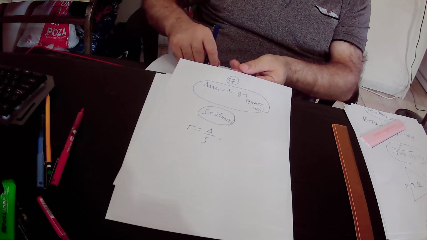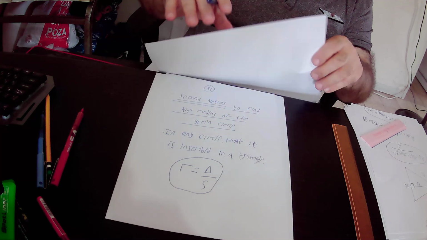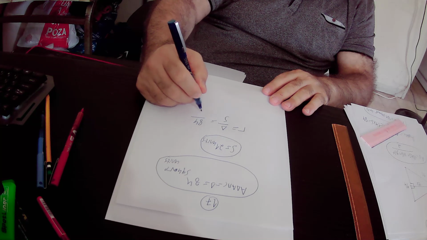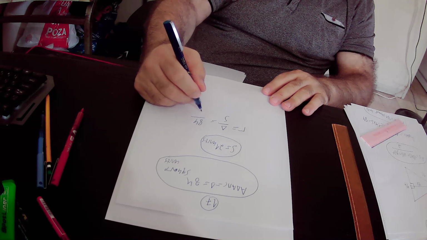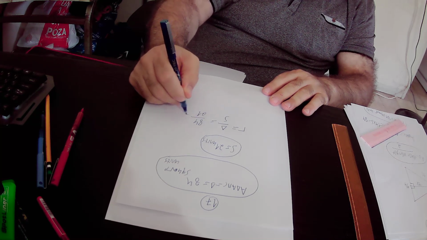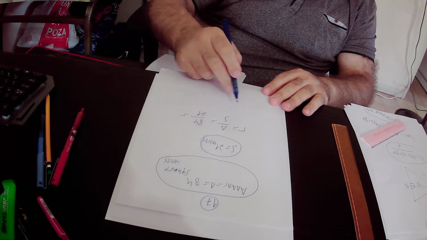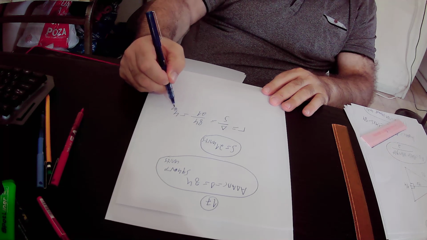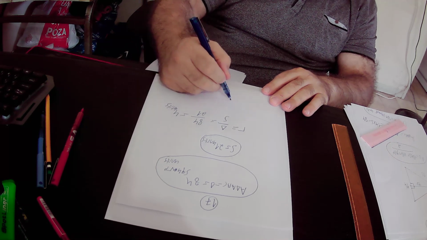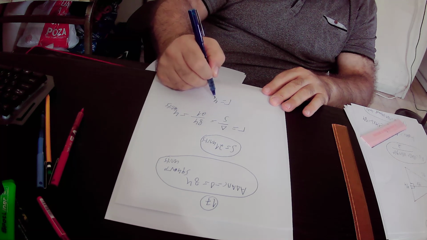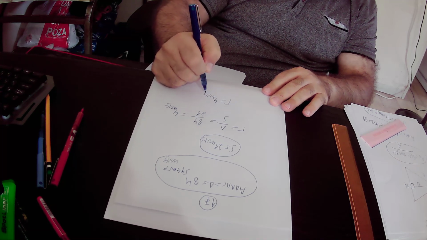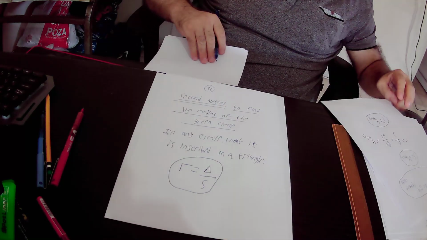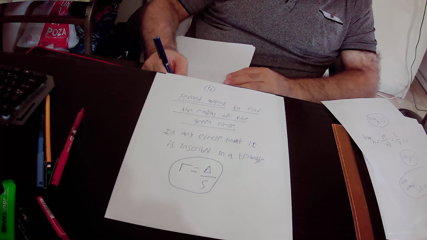Okay, R equals delta over S, and we know that the area of triangle ABC equals 84 square units, and the semi-perimeter of triangle ABC equals 21 units. So the radius of the green circle equals 84 over 21, that is 4 units. The radius of the green circle equals 4 units. And after we know that the radius of the green circle equals 4 units,